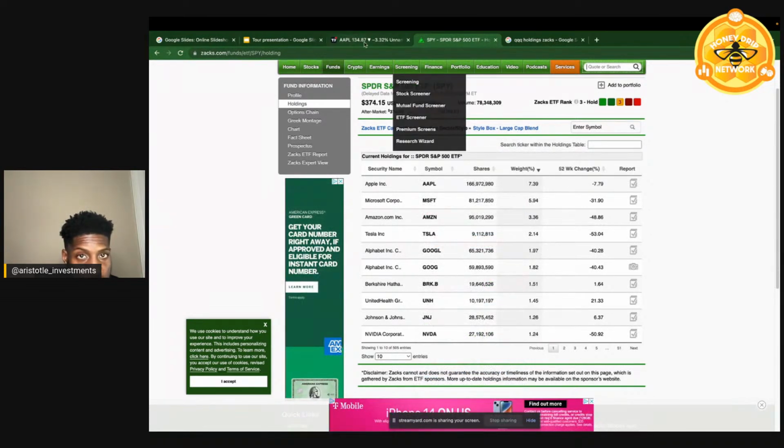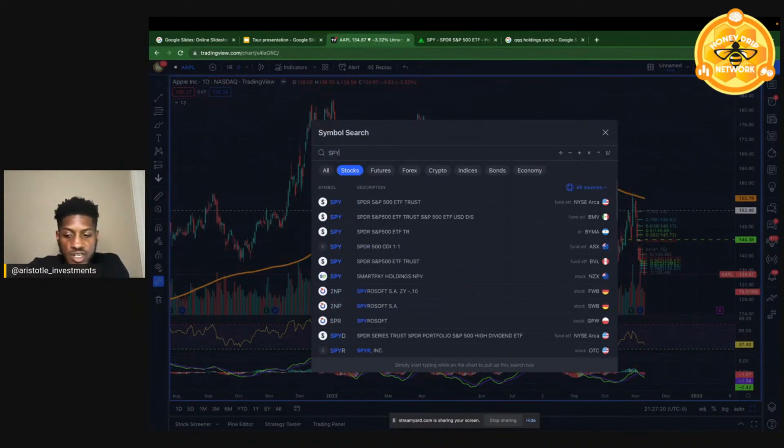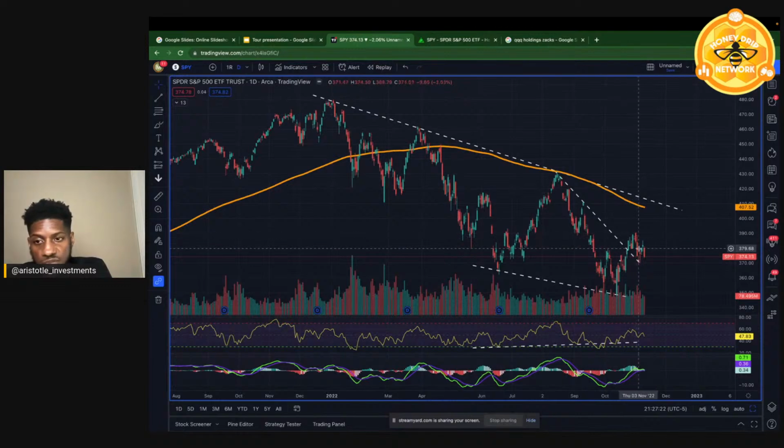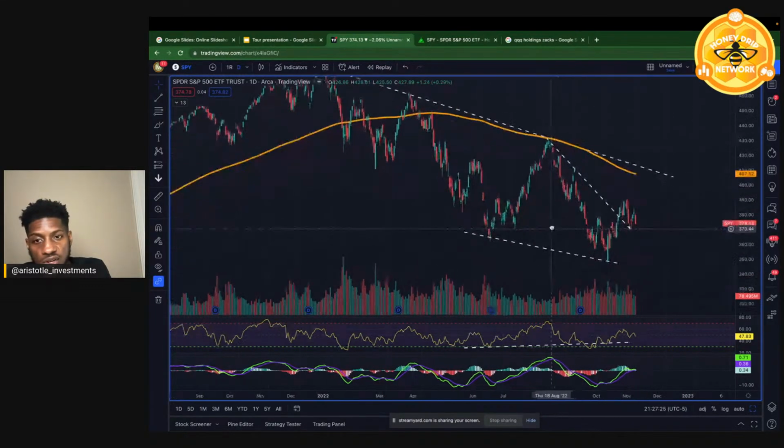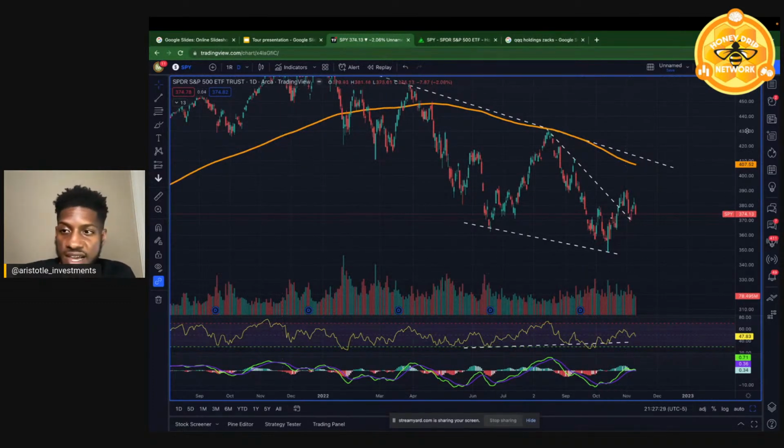So we can go look at this. You see that Apple is down, right? So that means SPY is probably in some sort of downtrend. See what I'm saying? Some sort of downtrend when these things are pointing downward. And then you see how SPY is